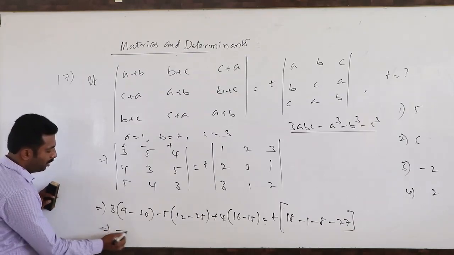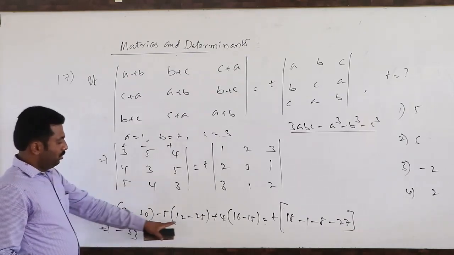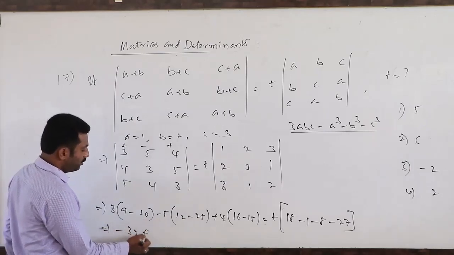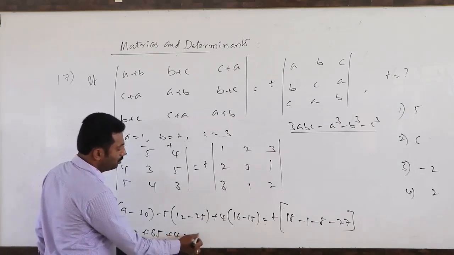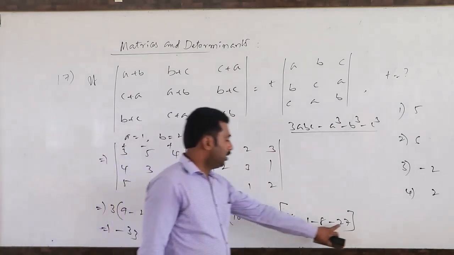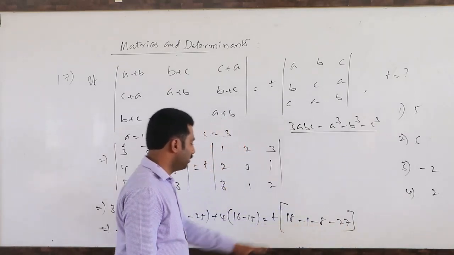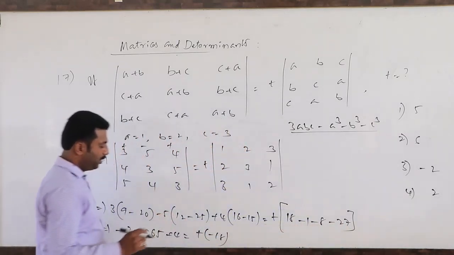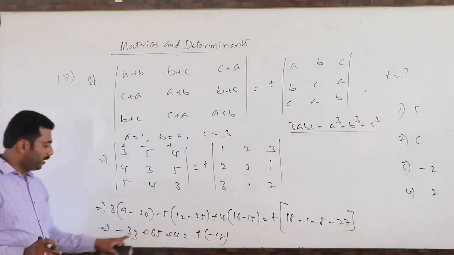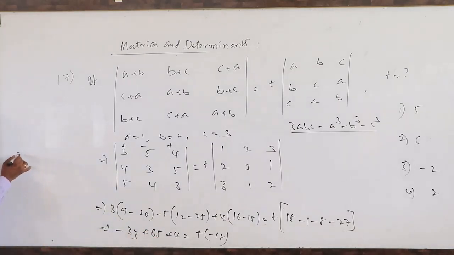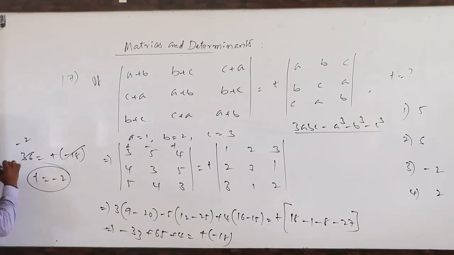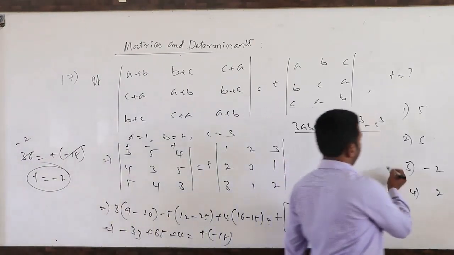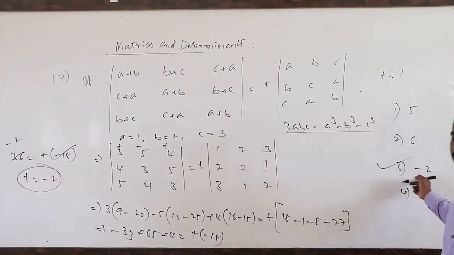This is minus 33. So 12 minus 13 into minus 5 means it will be 65. 4 into this is plus 4. So t into this is minus 28, 35, 36 plus 18, nothing but minus 18. So this is 69 minus 33, nothing but 36, equal to t into minus 18. So minus 2 times cancel. So t equal to minus 2. So t equal to minus 2 means third option we have to take.